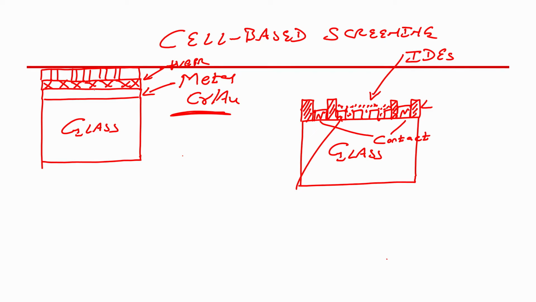Let me just draw it correctly so it becomes easier. 1, 2, 3, 4 and the contact pads, right. So, this is my contact pad and this first, second one, third one, fourth one and fifth one are my interdigital electrodes. This again, sixth one, is my contact pad. What is this? This is my bright field mask.